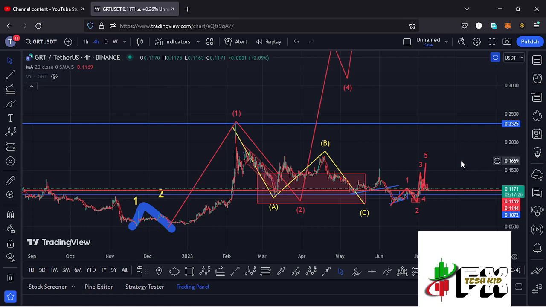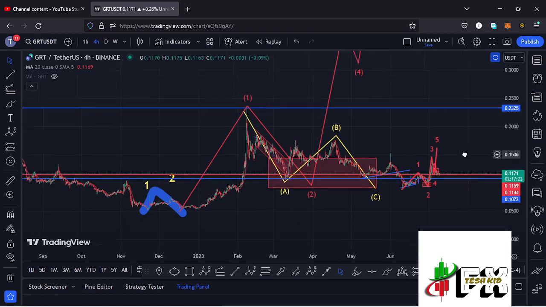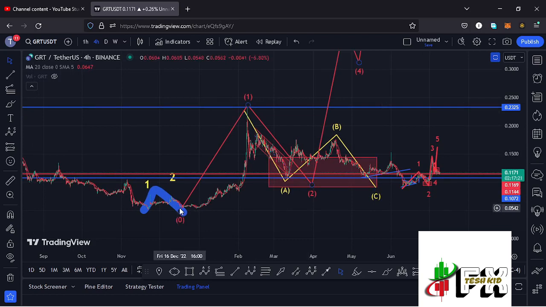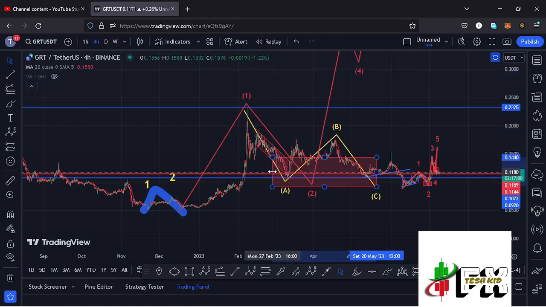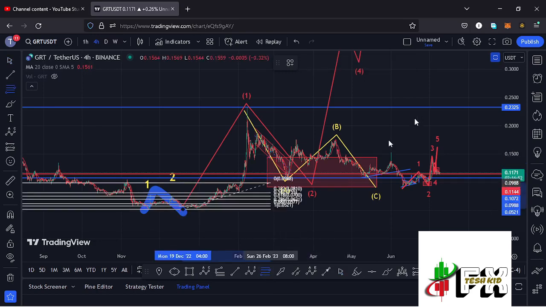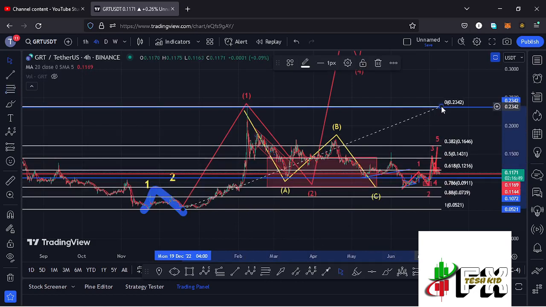First, giving you the long-term outlook here on the GRT chart, you can see that after seeing our December lows, we saw a very nice bounce to the upside, giving us a high at around the $0.2325 mark, completing the formation of this larger Elliott wave count 1. Then we started a breakdown move in the formation of a larger Elliott wave count 2, fully maximizing minimum target areas highlighted on the charts using this red target area, which is an area that I came up with by connecting the fibs from the low of the first wave to the high of that wave 1,